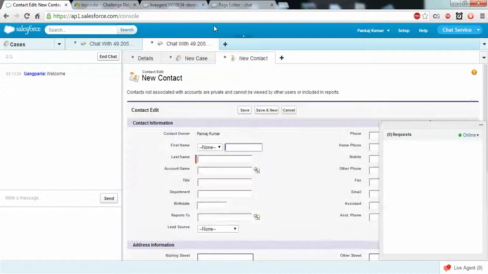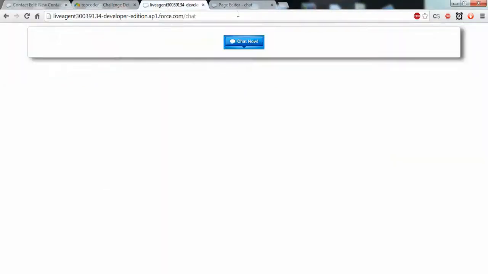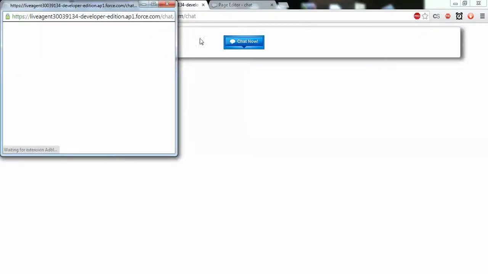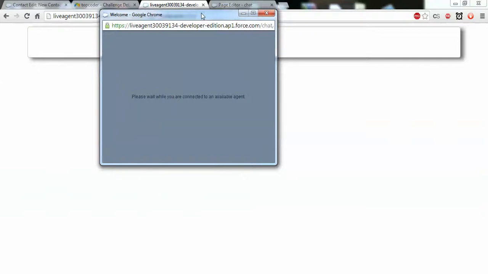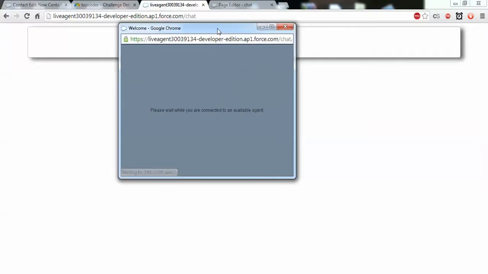If another visitor tries to chat with the live agent, then it will automatically be in the queue. Okay, you are in a waiting queue, your queue position is 1, and another message, an agent will be with you shortly. And if you try another one, your queue position is 2.